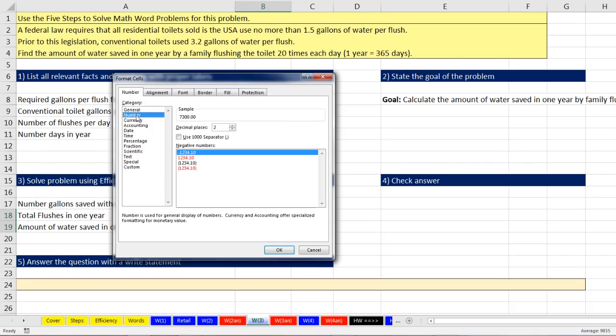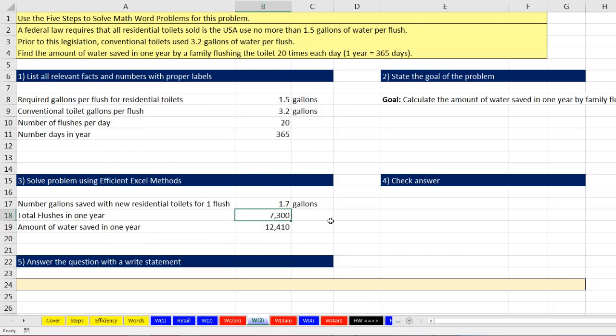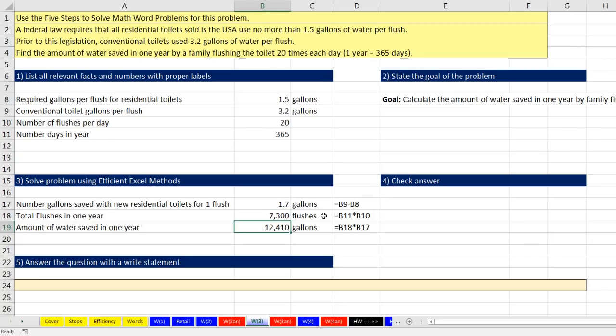Let's use category number. I'm going to use the separator. We can see the sample up here. We definitely do not want decimals because this is counting number of gallons. Click OK. That one is actually flushes. This one is actually gallons saved. I went ahead and put those labels there, and I put the formula off to the side to show our